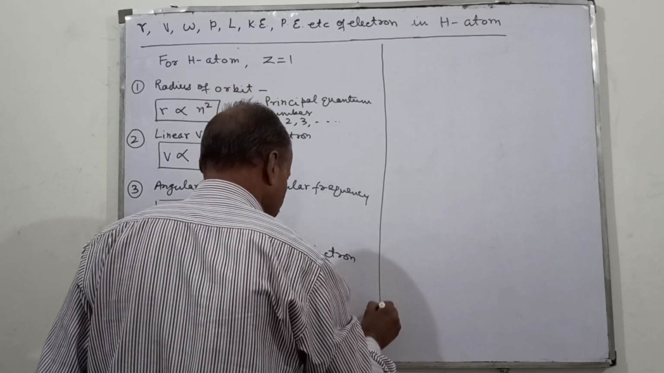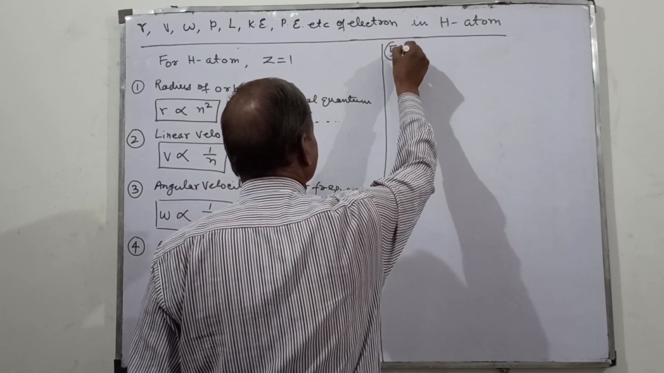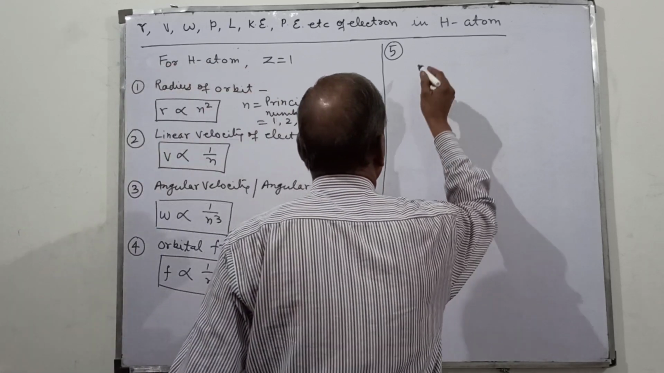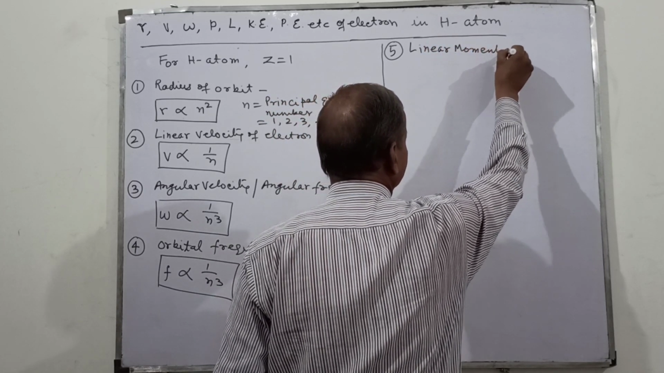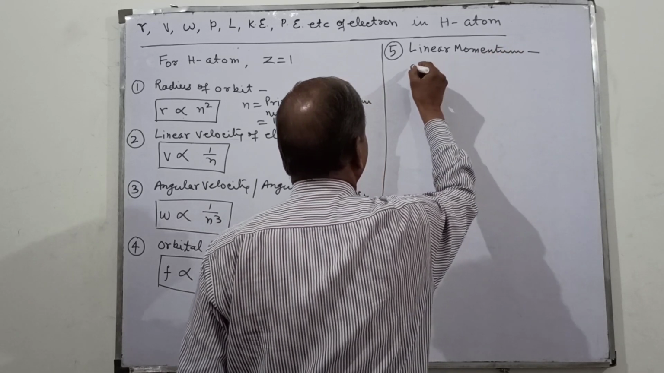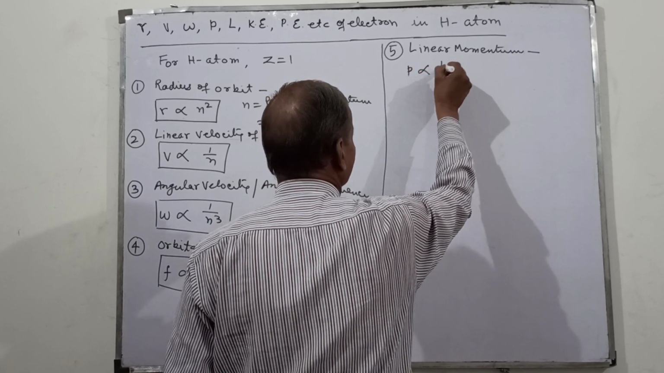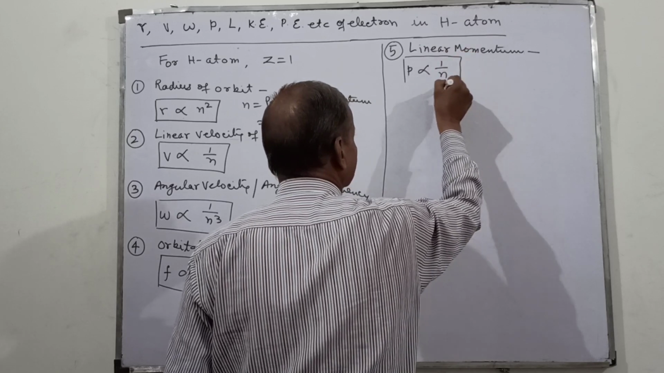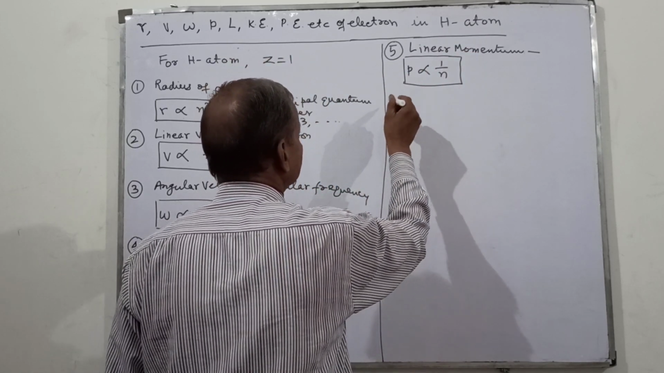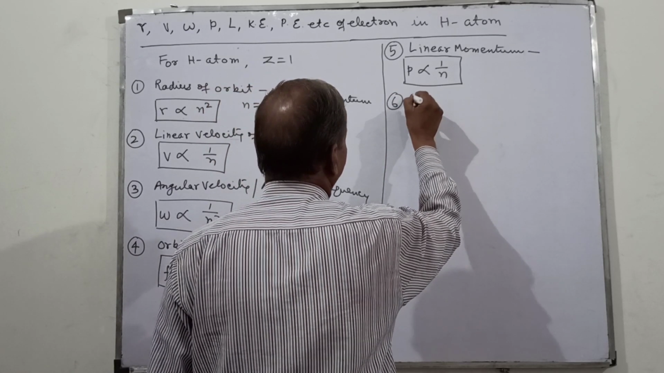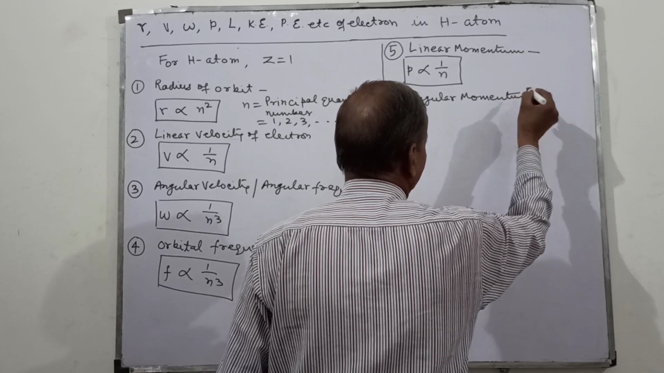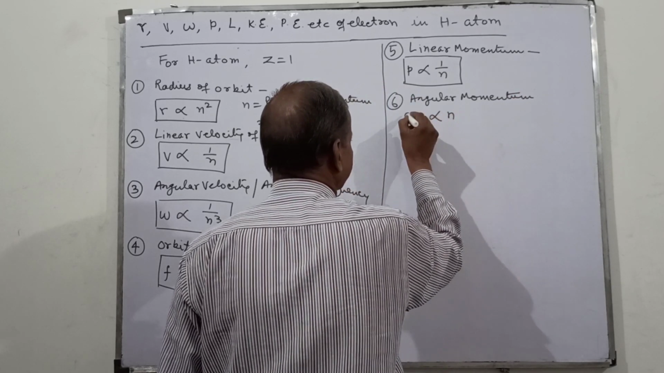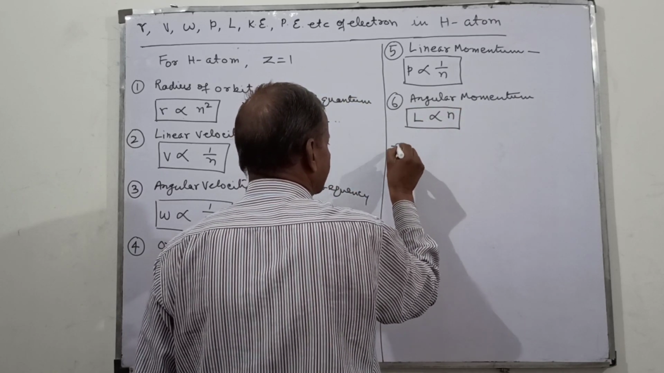Now number 5, linear momentum, p is proportional to 1 upon n. Number 6, angular momentum, L is proportional to n. Number 7,